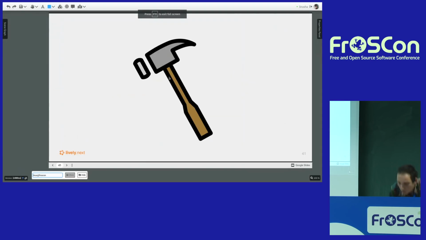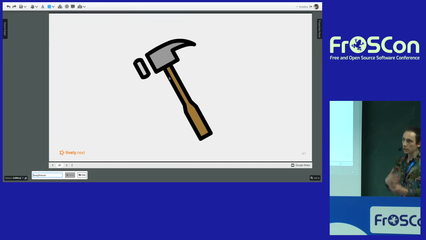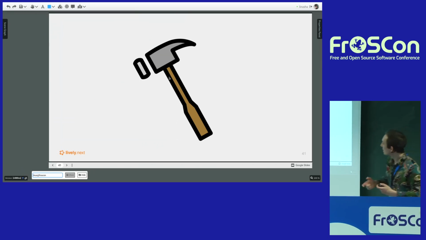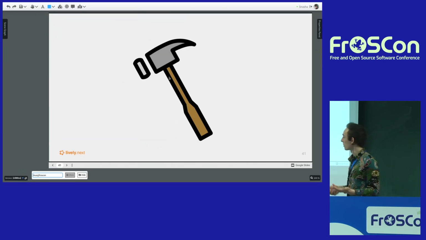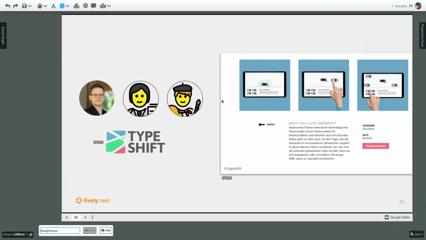Alright, so the problem then was a bit that as a research project, this was always somehow, okay, we have a hammer, but we don't have any nails. That's quite all right as long as you're a research project and can just research. And somehow sometimes you publish something, but that ended at some point, and then Robin was at the point where he was, okay, I really like Lively, I want to work with Lively, but I somehow need to pay my bills, and that's why he then founded TypeShift together with some friends,